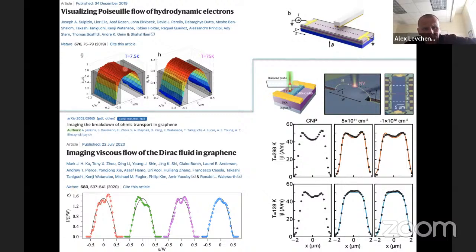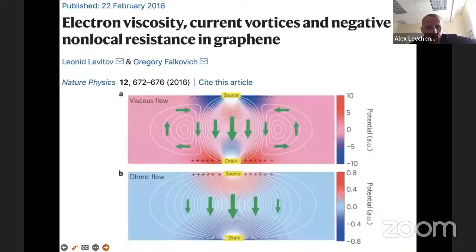They are a bit more difficult to, I would say, interpret, but there are many groups that see in this Poiseuille-like flows and non-Poiseuille-like flows. So I would say that this field is flourishing. And I will conclude in the last minute about this beautiful prediction of the existence of vortices.